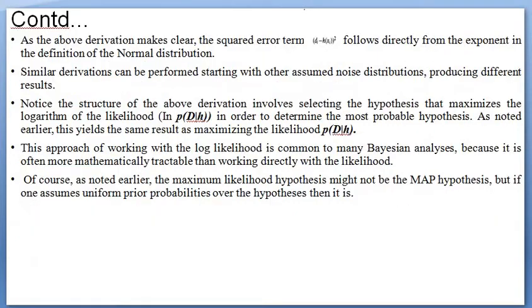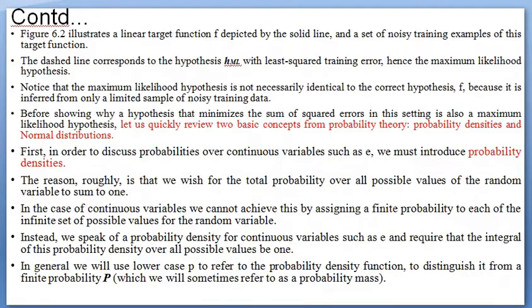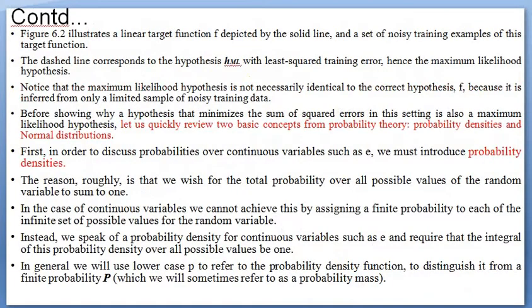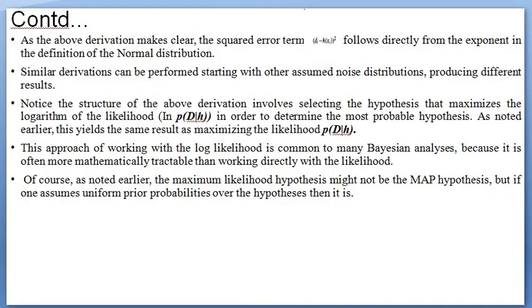So in the last video, we discussed the maximum likelihood hypothesis and the least square error hypothesis. We came to the conclusion that if any hypothesis has a very small least mean square error, then we consider that hypothesis a maximum likelihood hypothesis, where the error is very small. For that purpose, we calculated the least mean square error, which is applied to the maximum likelihood hypothesis,